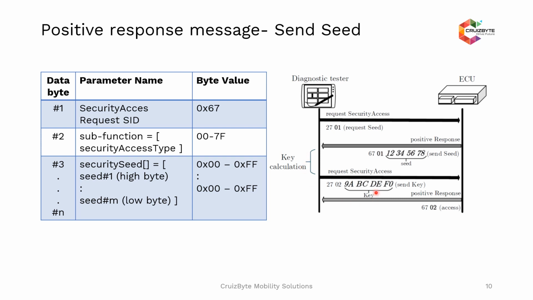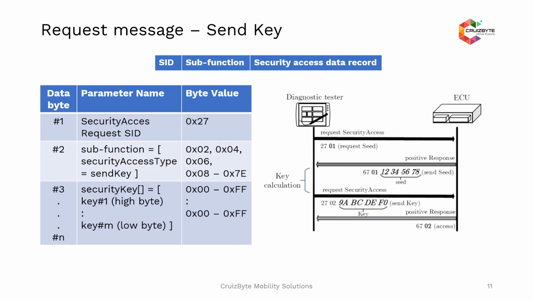This is step 2, and step 3 is, once this key has been calculated, with the help of 2702 the calculated key value is sent back to the ECU,